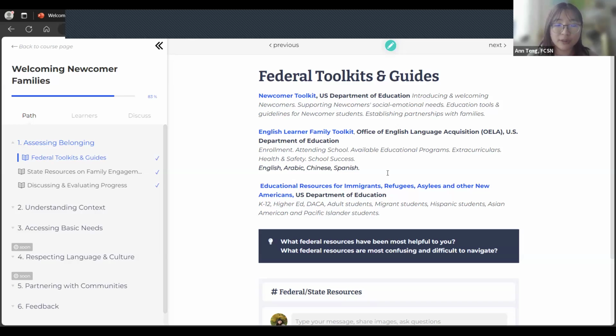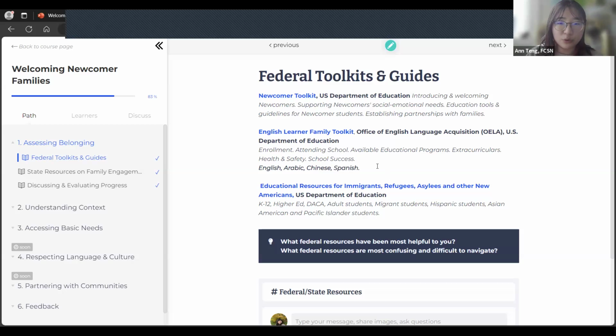I know that there are a lot of folks here today that work with a lot of Haitian Creole speakers. Unfortunately, it has not been translated yet to other languages outside of these 4. But this is a really, really great source for folks to use if they want to just skim through the chapters that they need to look at and then take them out for any translators and interpreters that you have in your district. It would be really great for folks to use,